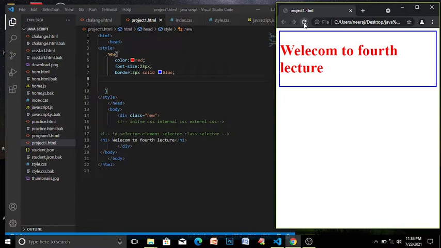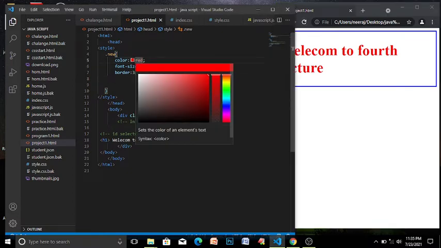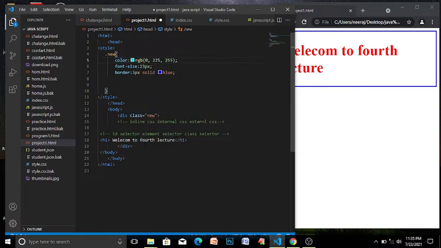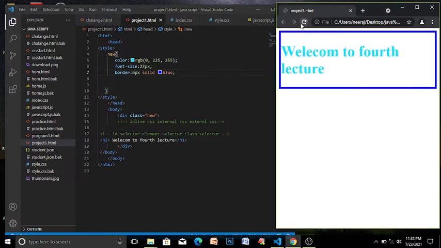Its border became 3 pixels wide, and the border color is blue. Let's see the color of the text. It's something different, and the border with 6 pixel. Refresh. You can see the border size changed and the color of the text became aqua.